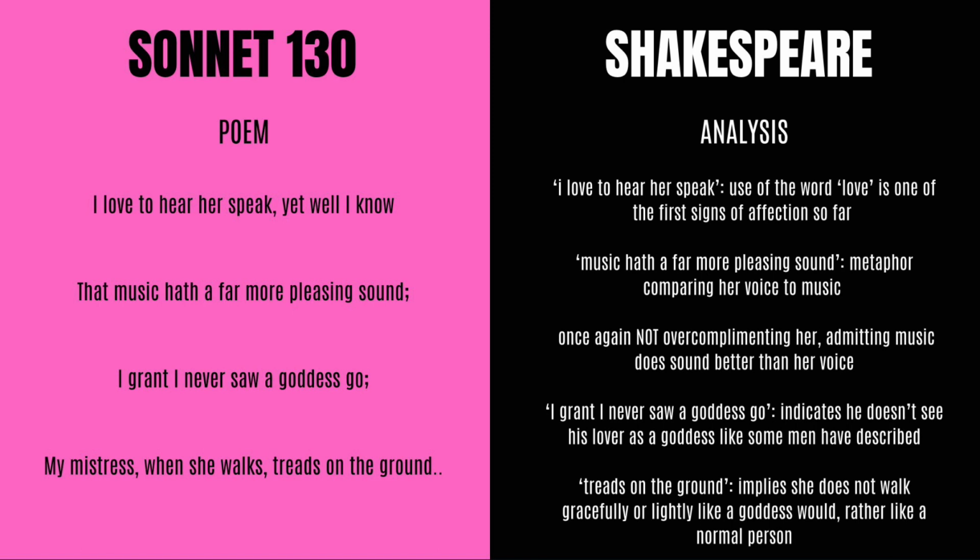So some poets describe their lovers almost to be angel-like, almost floating about, and describing them walking as very graceful. But the speaker indicates that his lover does not walk this gracefully, indicated by the words tread and ground. These words emphasize that she does make a sound when she walks. It is not that graceful, and she definitely walks on the ground. She doesn't seem to just float about like some of these other women are described to do. All this is emphasizing that she is just a normal, real person.